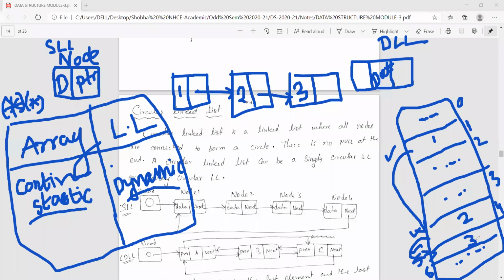Okay. After 3, do you have any other data? I don't have any other data, so I will put null in the next part. So I am able to create a linked list and store data in it. Okay, so that is what actually